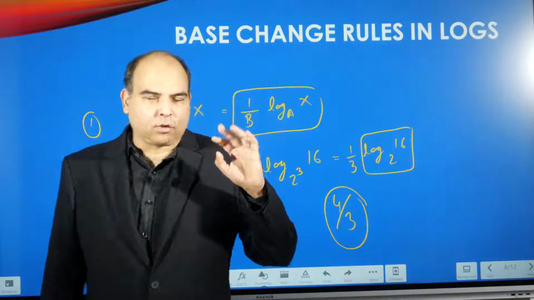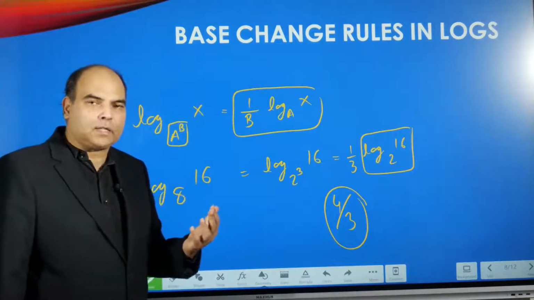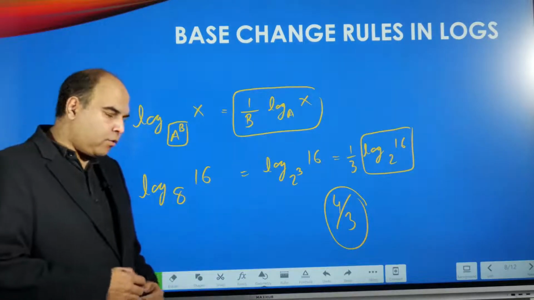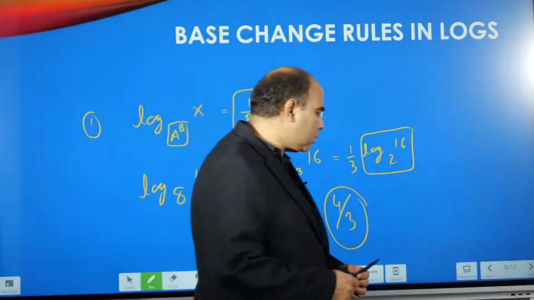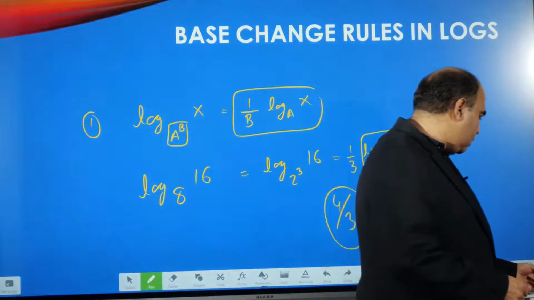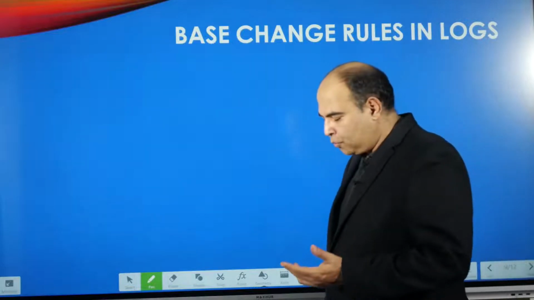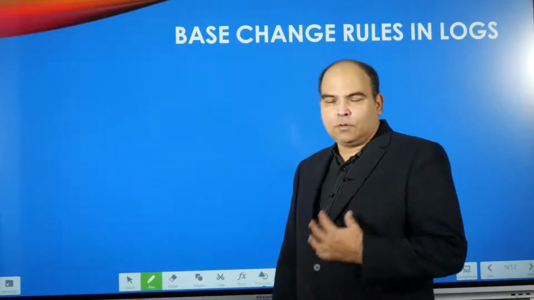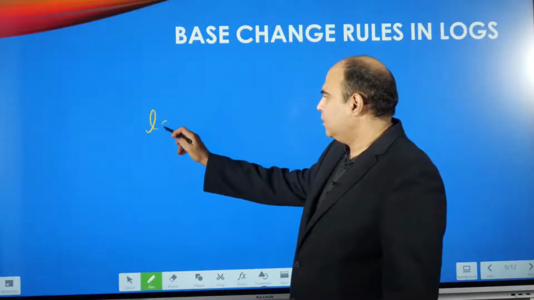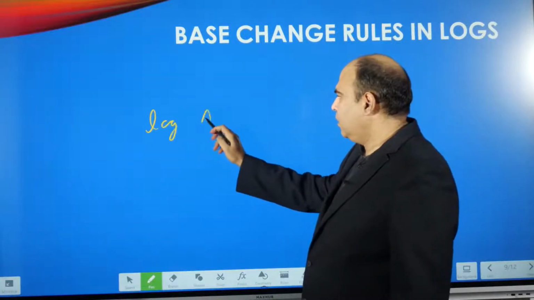Those 5-6 points on the other side when we are on the same base, including the point about the definition of logs. And this is the first base change rule that you need to know. The second base change rule, which is actually a very powerful rule in logs, and this will be applied in a lot of difficult questions, is this rule.